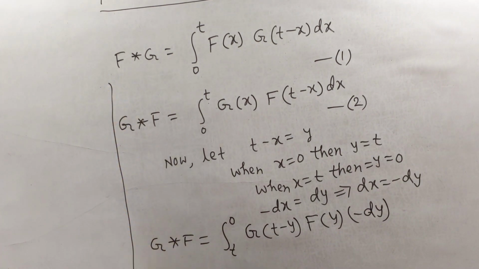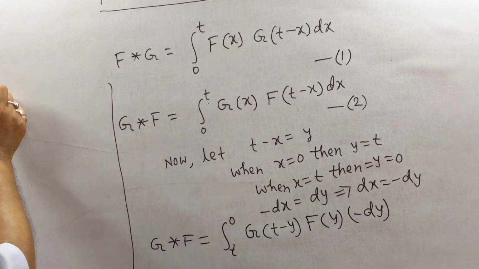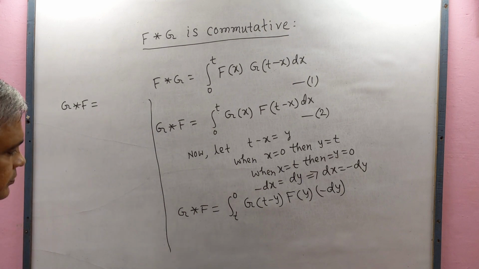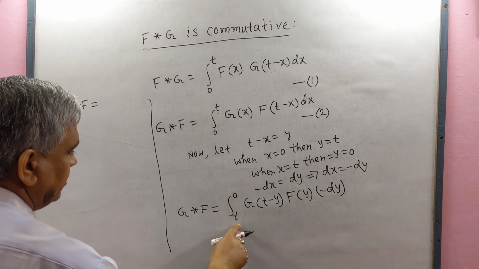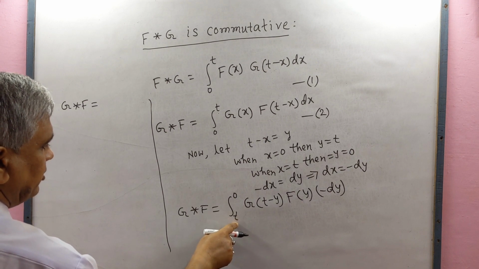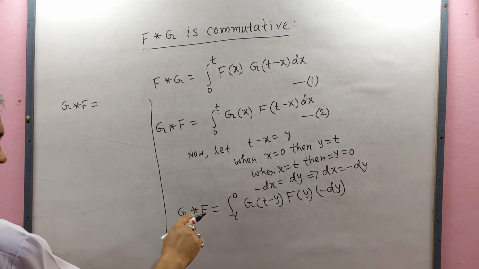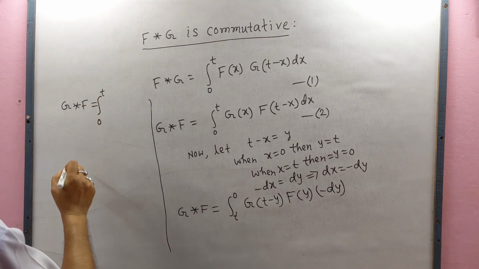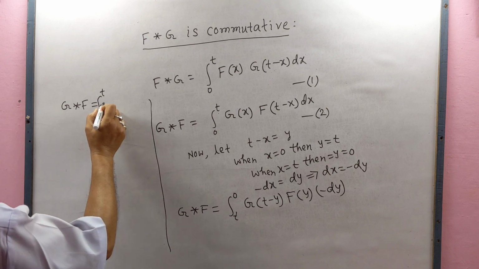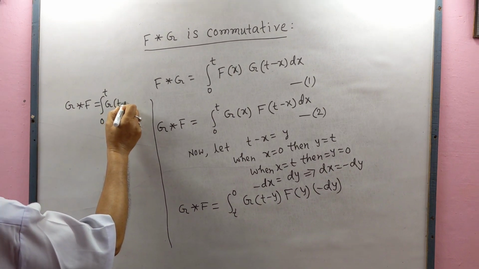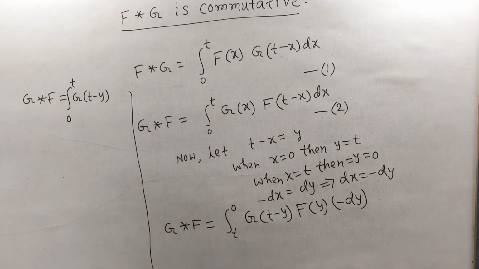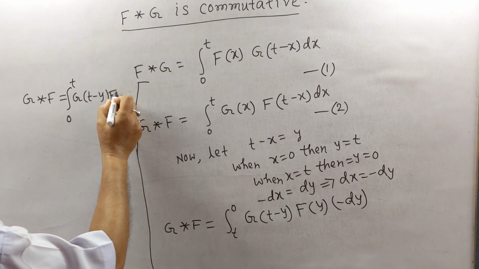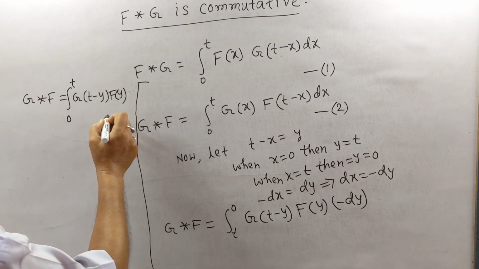So g star f equal to, this negative sign and limit, lower limit is t, higher limit is 0. So we may write 0 to t g(t minus y) f(y) dy